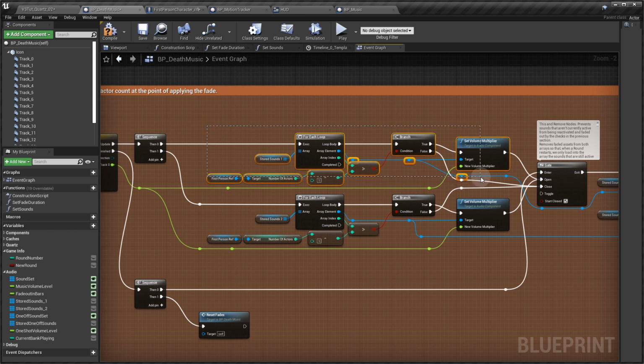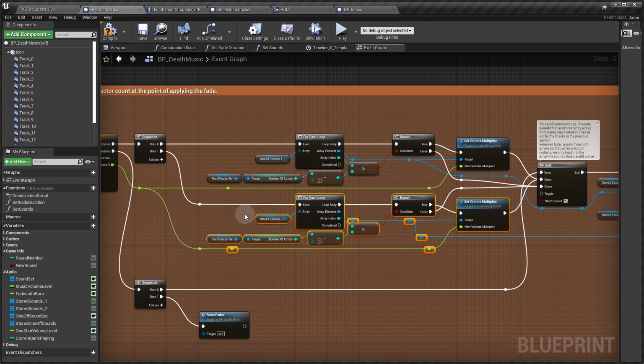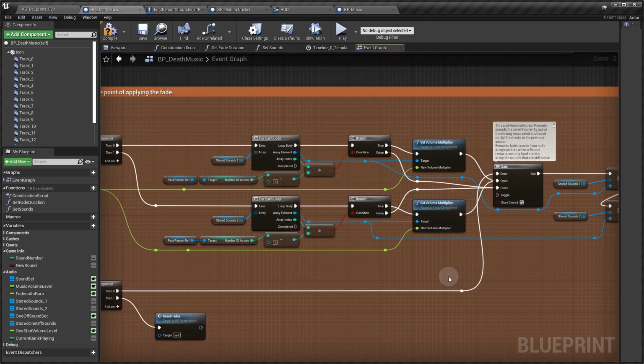Once you have that section in, we are then going to duplicate that down here, but this time we will swap out sounds 1 for sounds 2. This section compares the length of the stored sounds array with the number of actors. If we have more sounds than actors, this will fade out each item in the array that exceeds the number of actors. So if we have 8 tracks playing,